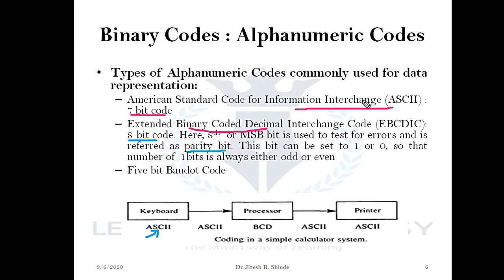It is ASCII representation. Inside, first the ASCII format is converted into BCD format. The processor operates on that binary coded data. After processing the data, it converts back into ASCII format and it is displayed on the output device, which can be a printer or a 7-segment display device. In the calculator you will generally see some type of display device. Moving further.